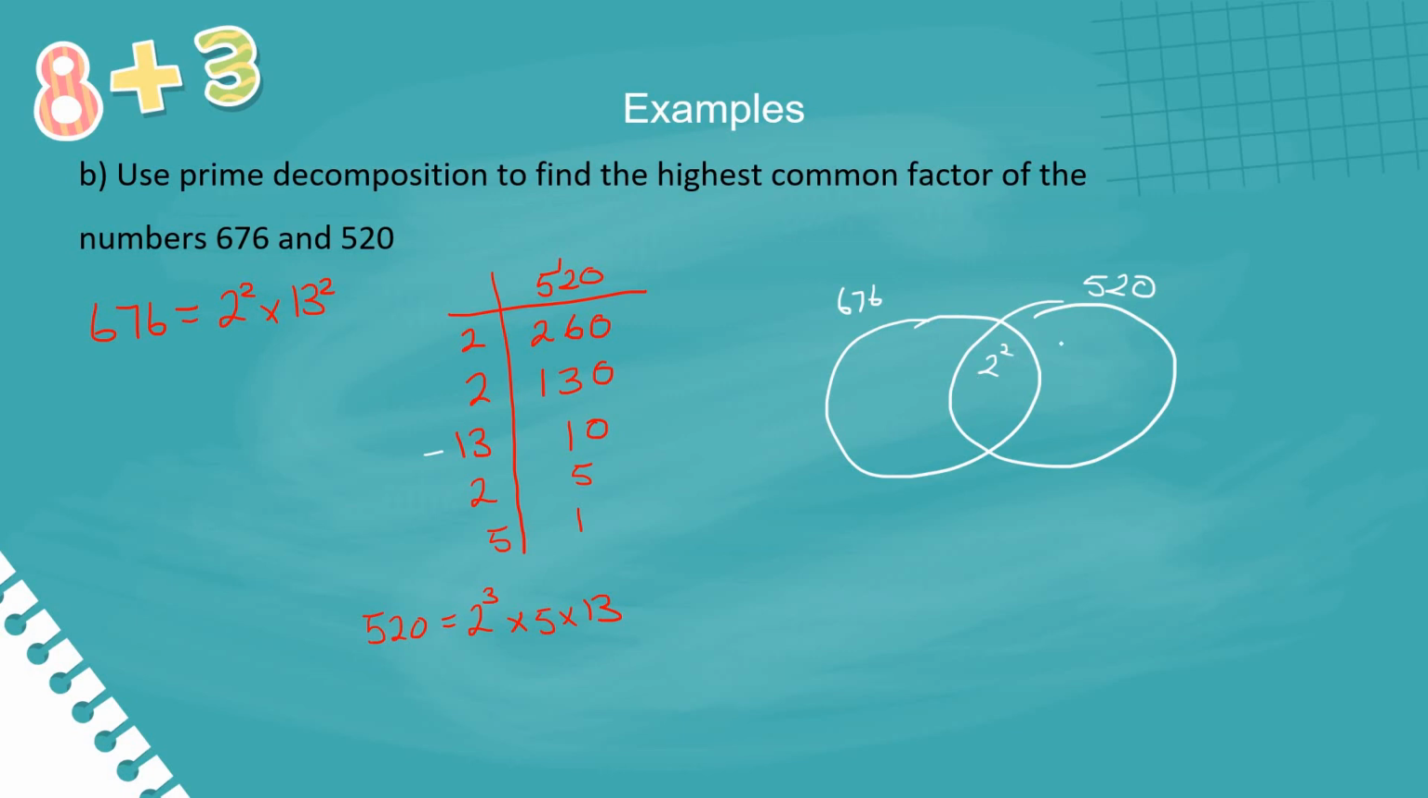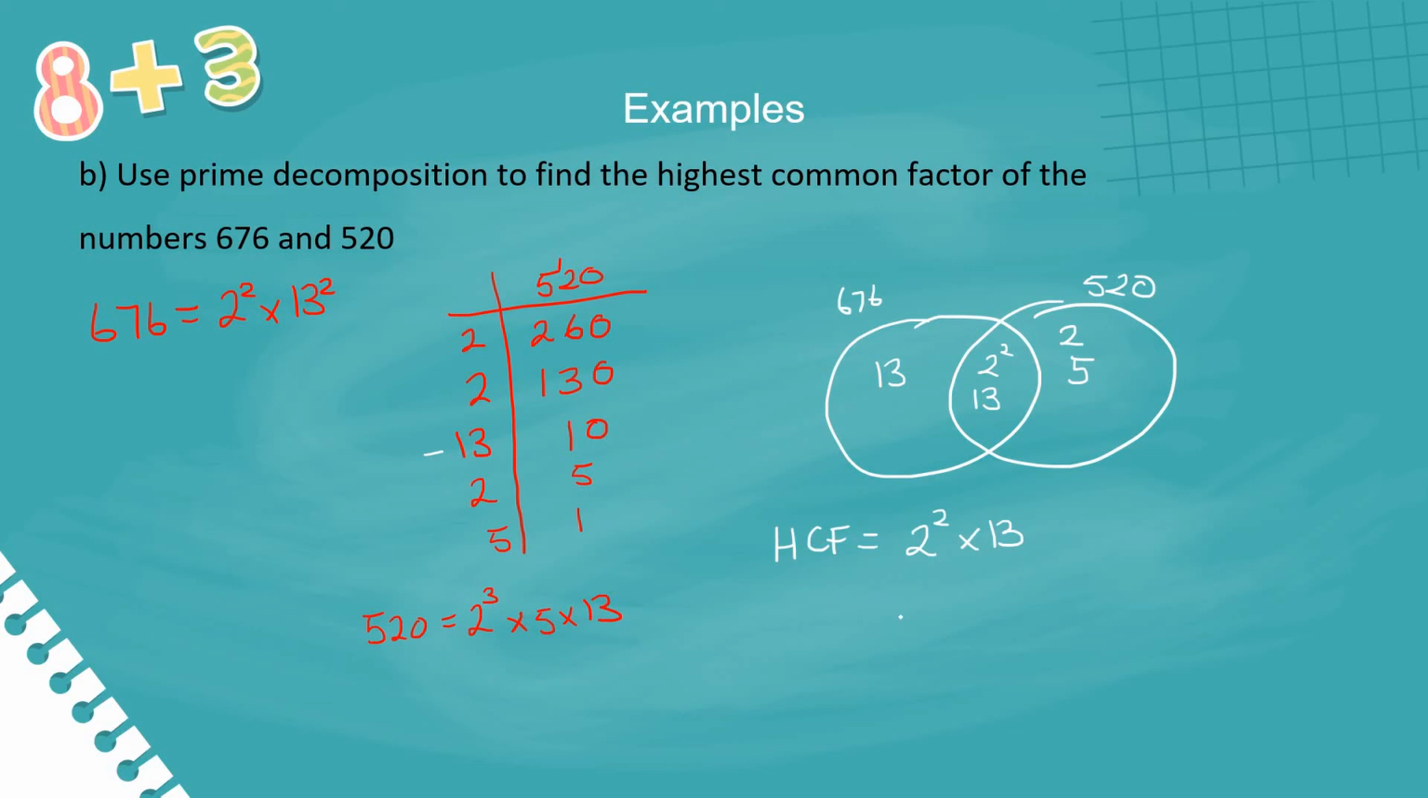520 has an extra 2 factor, so that will go over there. 520 also has a 5, which 676 doesn't have. And they both have a 13, but 676 has an extra 13. When we do this, we get the highest common factor by multiplying what's in the intersection. So the highest common factor will be 2 squared times 13, which if the question asked us to, we could